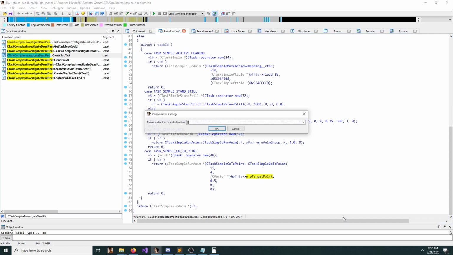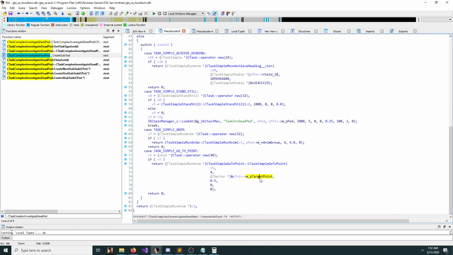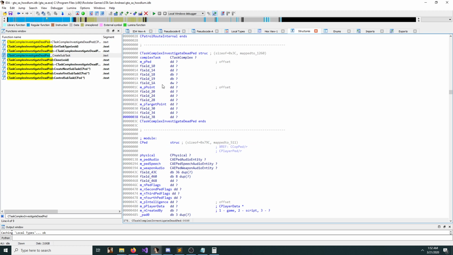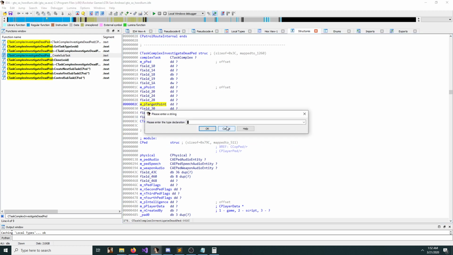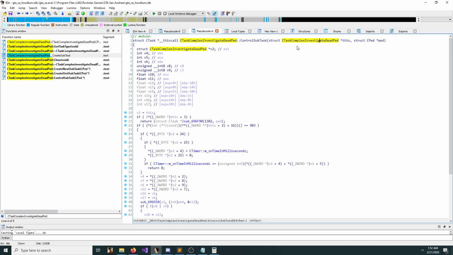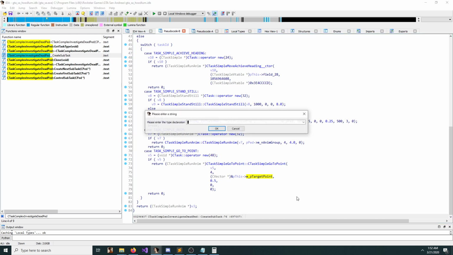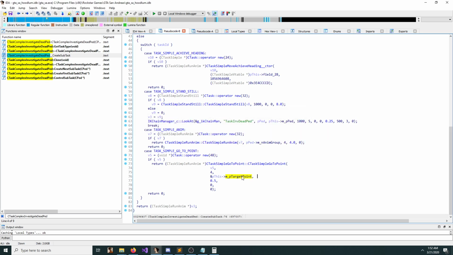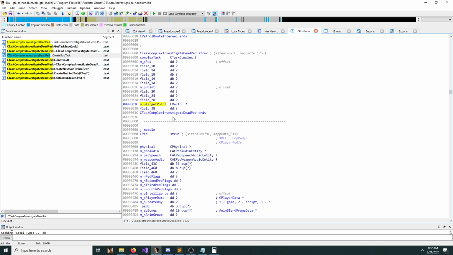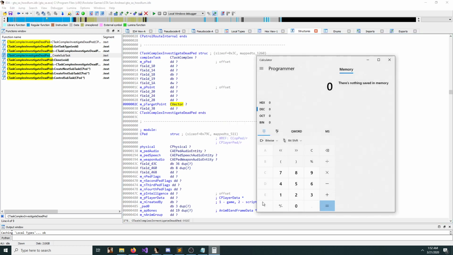So now I need to press Y and do vector. Oh wait a minute, oh my god, it's not actually vector pointer, it is C vector. Wait a minute. Oh my god, I made a mistake here. This is meant to be C vector. There we go. So C vector is basically